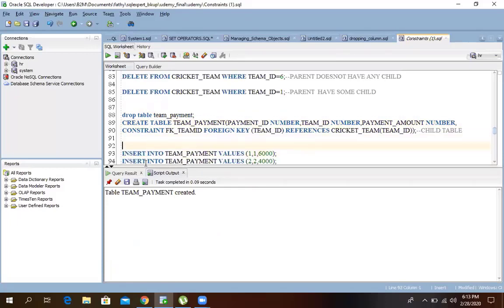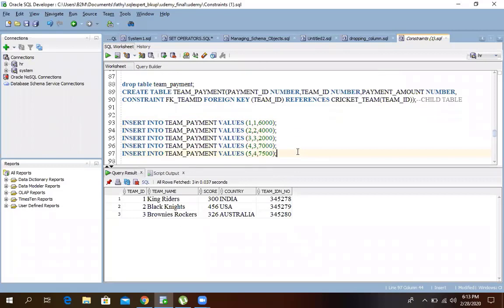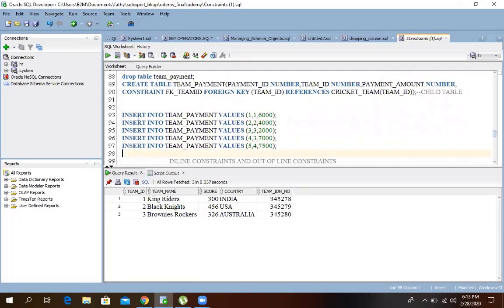Now just look at these columns. You need to tell me whether each and every query will work or not. In line number 93, am I inserting a value into my parent table or child table? Child table. So what is the value of team ID?